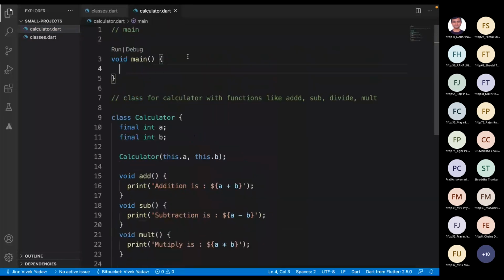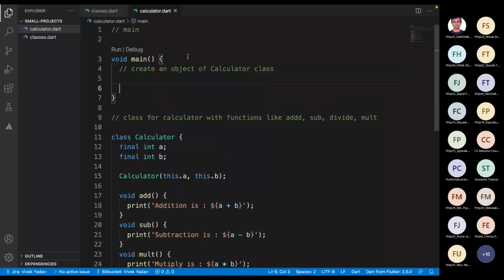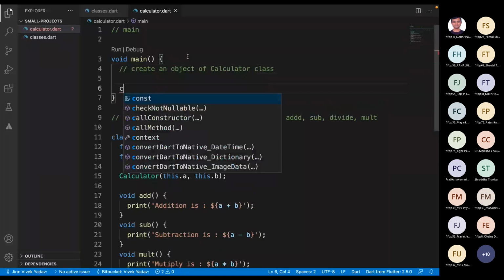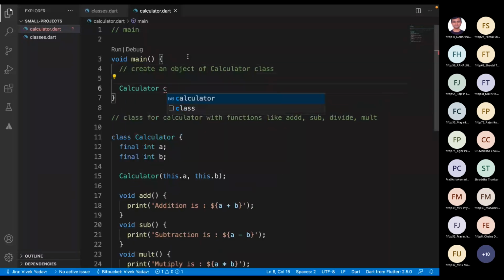Okay, so in the main class, we'll create the object.